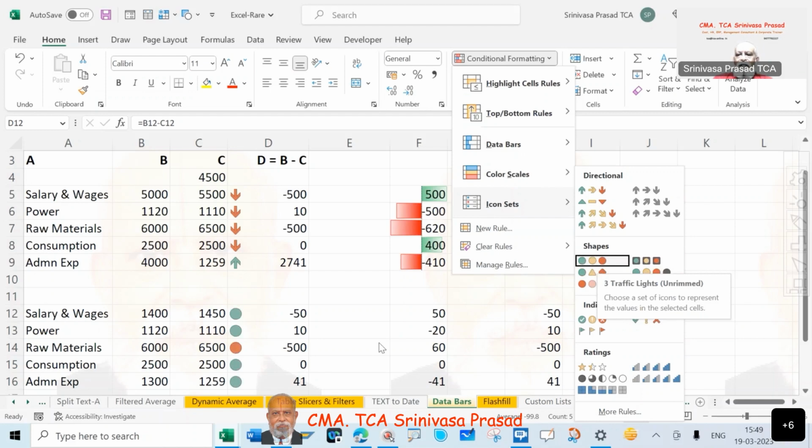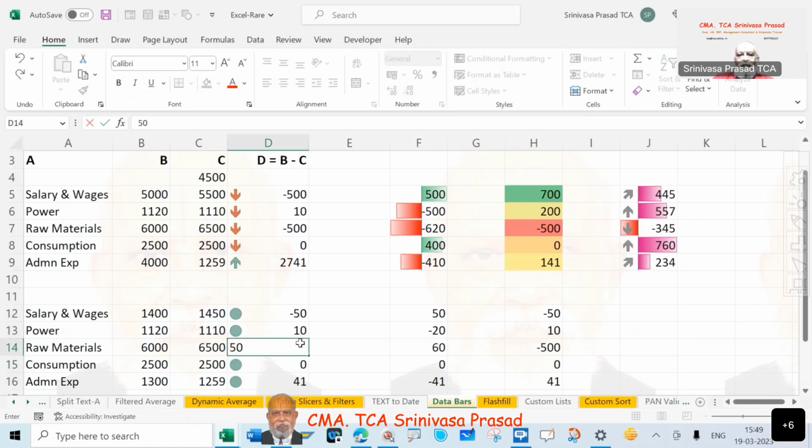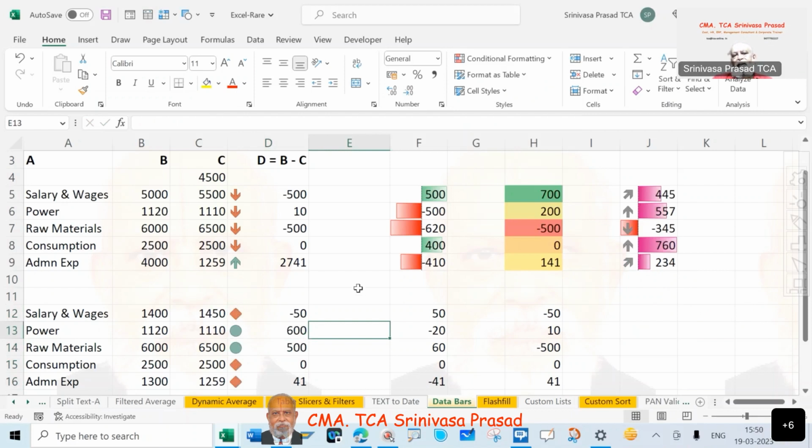Different colors. Now you take this diamond and make this as 500. Now you will see this has become, and make this as, let's say, 600. Then this becomes green, diamond, green. So there are a lot of ways in which you can represent simple data in a more colorful way. And here, what do you observe? 700 is the highest number. Minus 500 is the least number. So the highest number is given a gradation of green, dark green, and slowly it changes and then comes to red